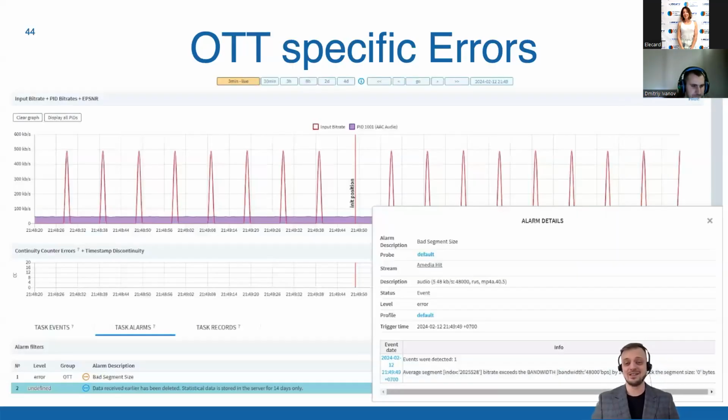Okay, the next one is a very interesting one, I find. It was sent from our clients, which is a good companion of mine. It is an OTT oddity. I'm pretty sure you might find it interesting. Can you spot the problem on the graph? I'm pretty sure you can.